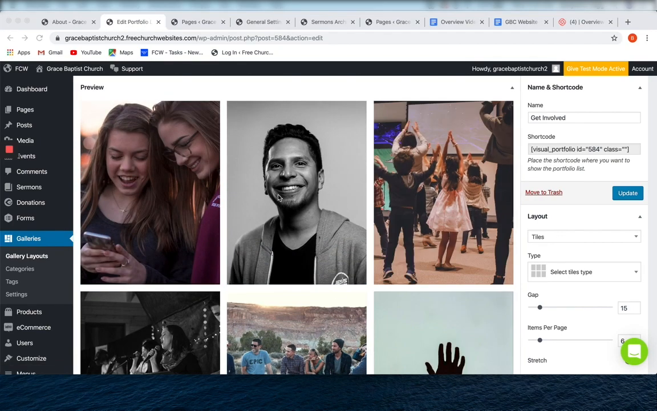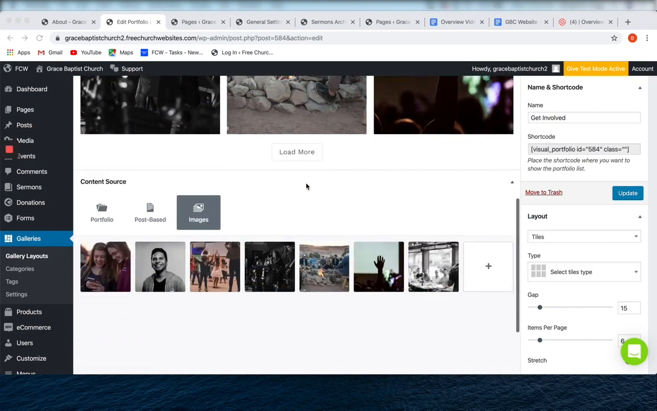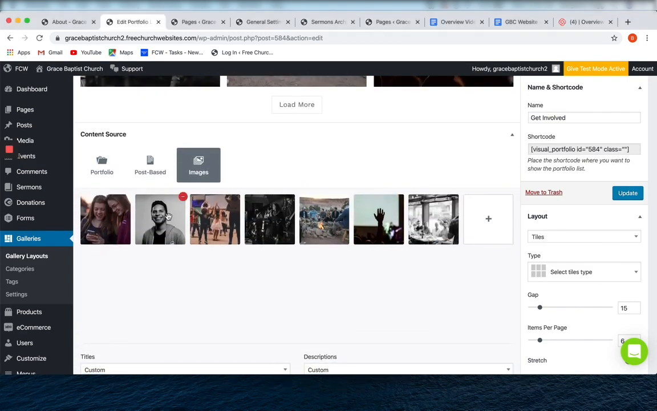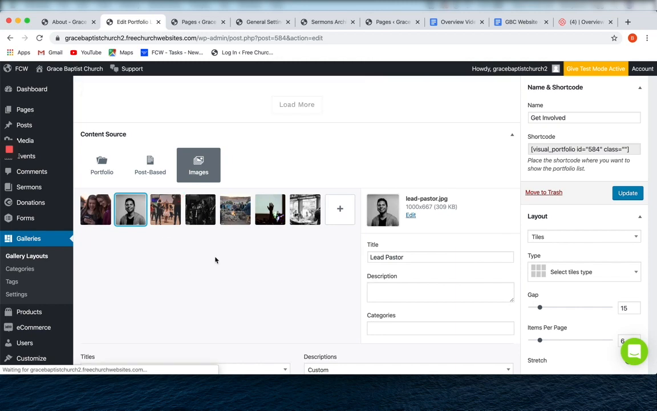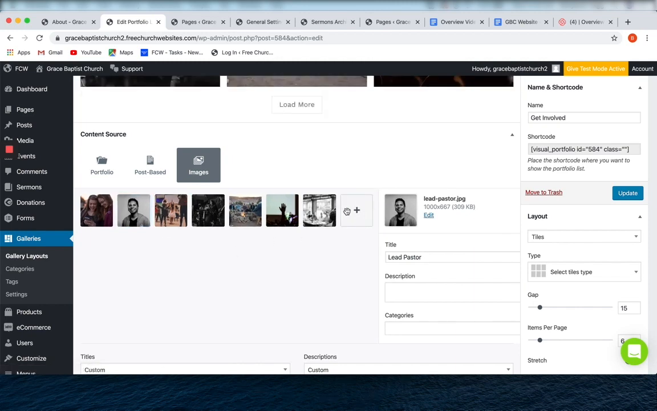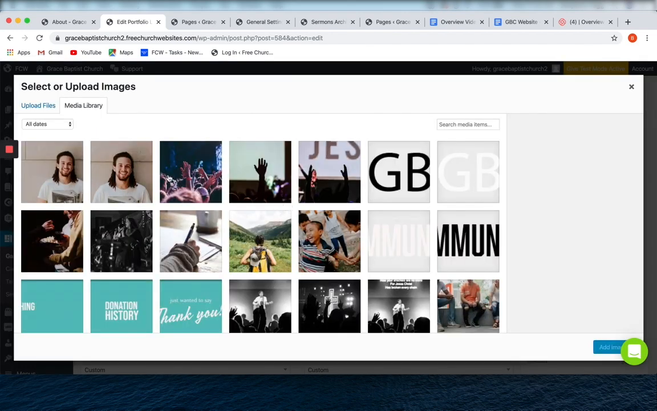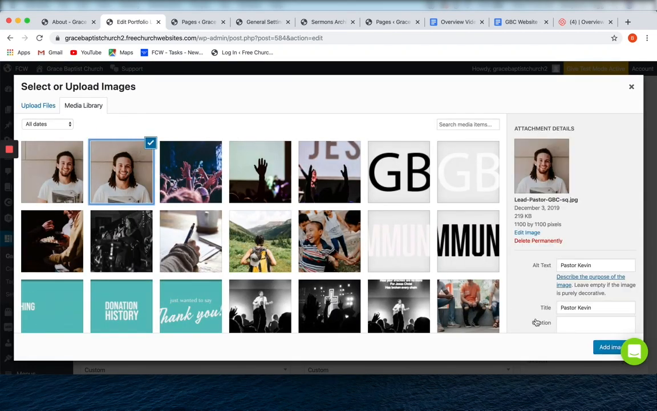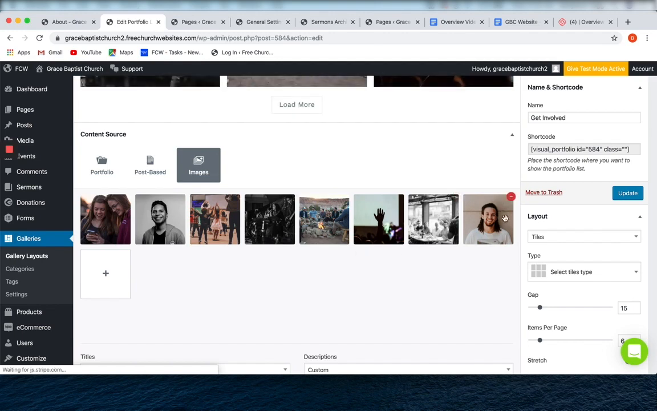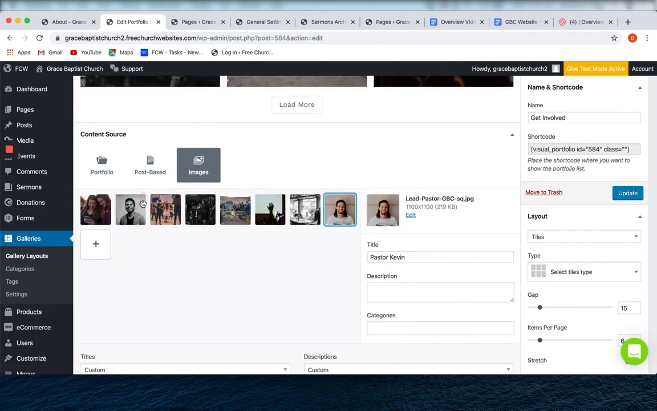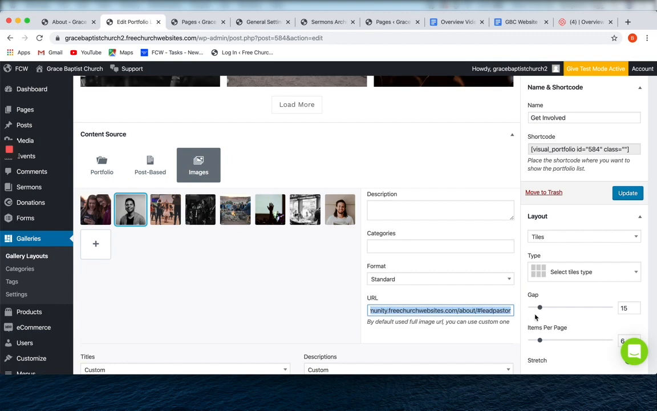So the first thing we want to do is change this guy's mug, because he's not the lead pastor of this church. So what we want to do is make a new image and find a picture of the pastor, add that in, and you want to make sure that all the information is carried over. So we're going to make the title lead pastor, and then to make sure it goes to the right place, we're going to carry over this URL,